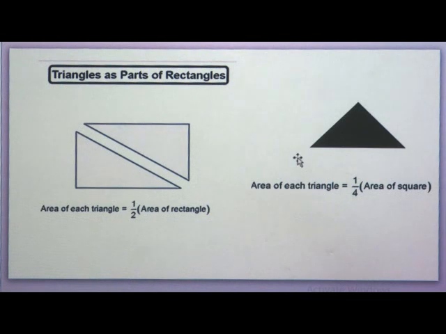Suppose we have a square shape. In the square we have the very same triangles, a total of 4 same triangles, and if you paste these same 4 triangles together, you will get the shape of a square. So, the area of each triangle is equal to 1/4 part of the area of a square.